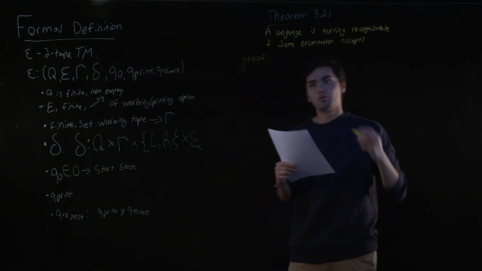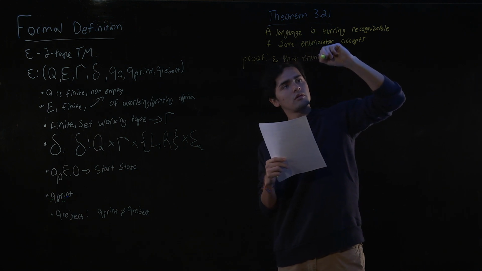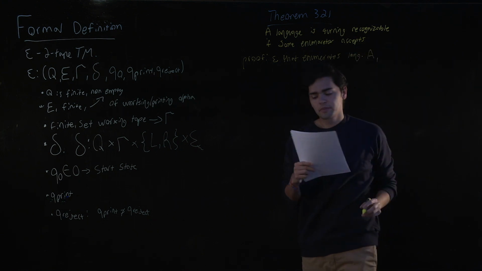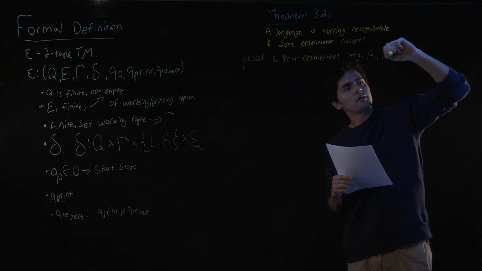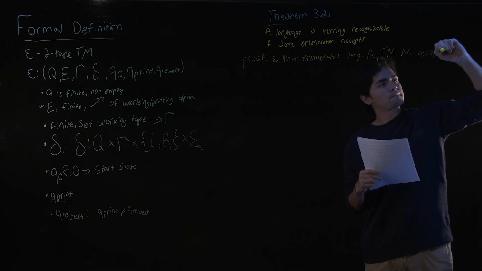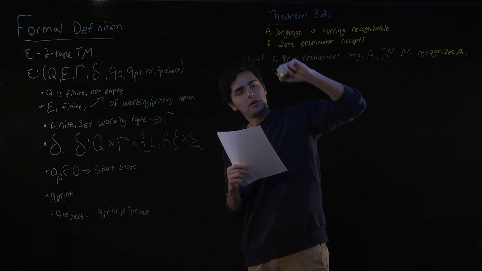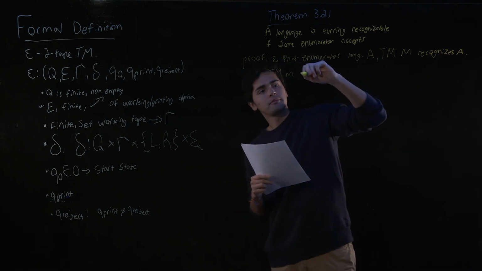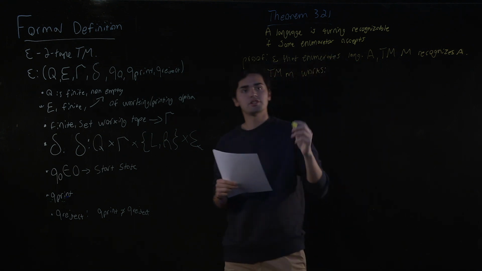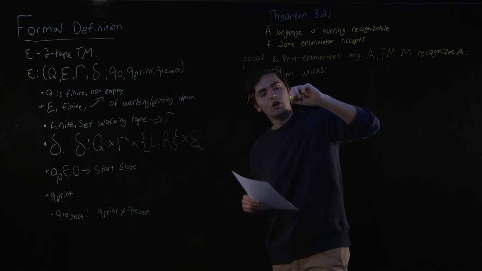We have to show that we have an enumerator E that enumerates language A, and a Turing machine M that recognizes A. Following that, the Turing machine M will work the following way. M is going to be, on input W,